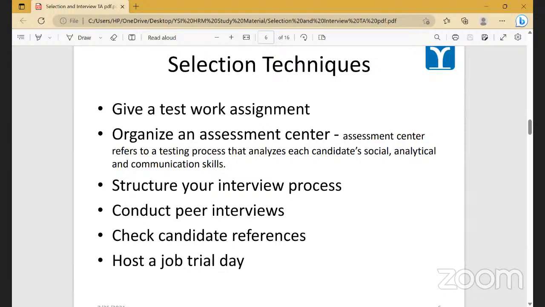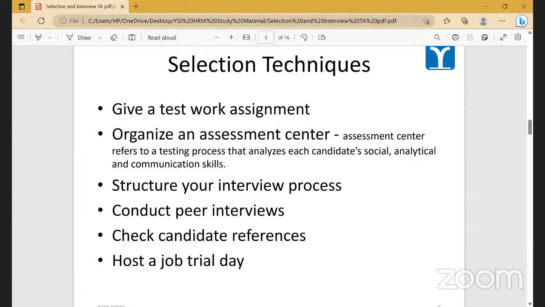It can be a one day assignment, it can be a writing assignment, it can be somebody hired on a freelance basis for some time, put on a project, kept on a consultancy basis for a while. For a client we do it very often because it's a very different kind of industry. They do large art festivals in India and abroad. Now we cannot rely on the abilities of people just on the basis of interview and our selection process. So what we do is we hire them for 15 days or a month depending upon the size of the project and see how good they are on their creative side.